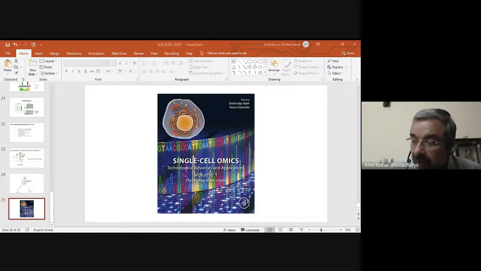So a couple of ways. One way is that before you stain, you can always use a chemical method that will bleach the autofluorescence in a tissue. That's one method. The other method is